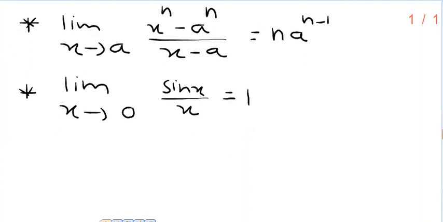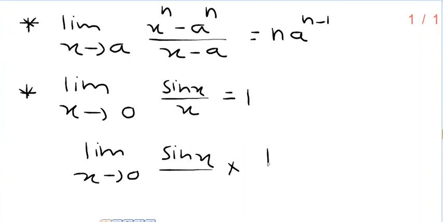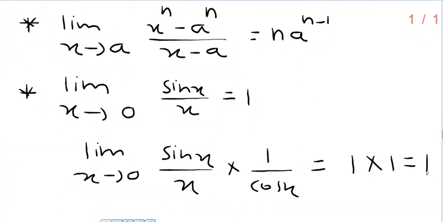Now from this we can say, what is limit x tends to 0, tan x upon x? Basically tan x is what? Sin x into 1 upon cos x. Is it correct? Now tan x upon x, so sin x upon x into 1 upon cos x. I am omitting one step. Now this is standard trigonometric limit, its value is 1. Here put x equal to 0, cos 0 is 1. So 1 into 1, that is 1. Okay. So limit x tends to 0, tan x upon x is also 1.